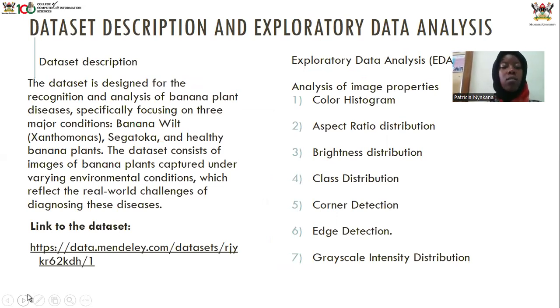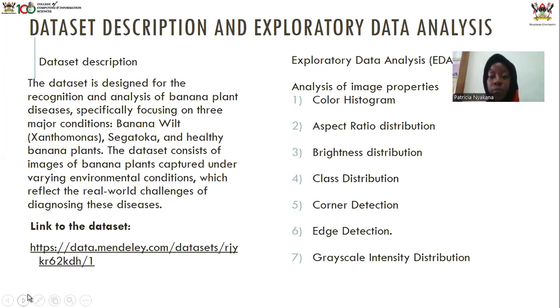This dataset is designed for recognition and analysis of banana leaf diseases, specifically focusing on three major conditions: a healthy banana plant, a plant that has Sigatoka, and one that has banana Xanthomonas wilt. So this is how our dataset is structured. It has images in the healthy class and those in the Sigatoka class, as well as in the